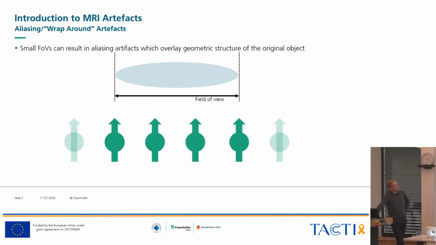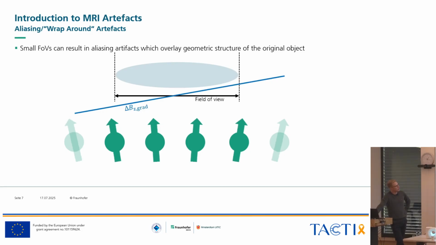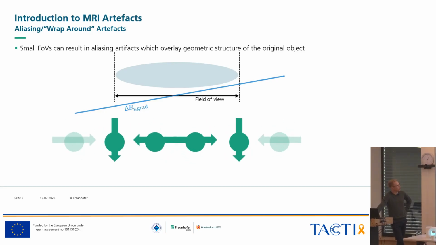And actually that happens every time. But usually, if you have your gradient, you would always encode additional phases on spins which are outside the field of view. But if you're clever, your object is only inside the field of view, so those will not give you any problem for your final imaging. So that is why you should always keep your field of view